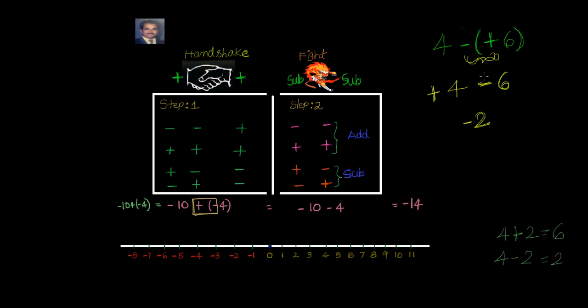Or if you want to learn this, let us say that 6 and 4 fight with each other. Who will win? 6 minus 4, 2 will win. But 6 is having what sign? 6 is having minus sign. So the answer will be minus 2. I think you find this interesting. You can actually play with a lot of numbers and you can solve all the problems.